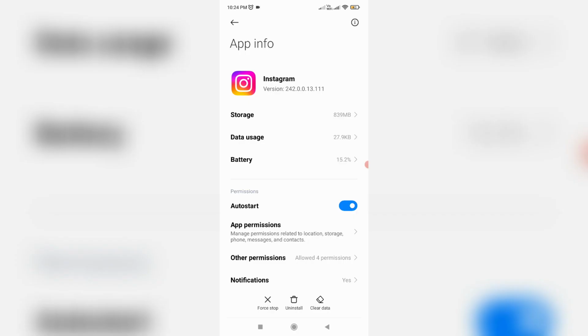But some YouTube videos say if you get this error message, just clear the Instagram app data one time and then this problem is fixed. My suggestion is don't clear your Insta app data, this is a waste of time.